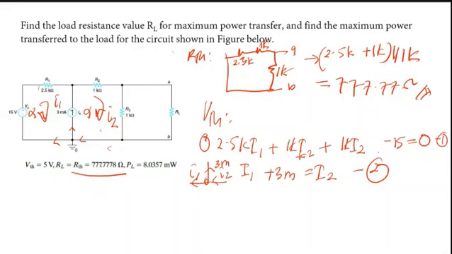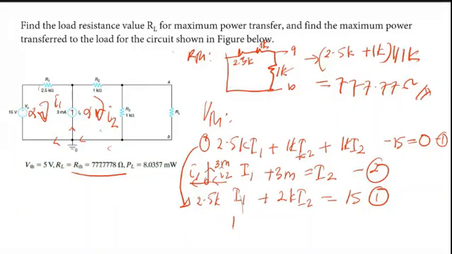Okay, and then after that, if you simplify this, you will get 2.5K I1 plus with 2K I2 equal to 15. Okay, this is your equation 1. And this is your equation 2. Just solve this equation whether you want to use the substitution method or elimination method. So you can get the answer. So if you solve this equation, so you will have I1 equal to